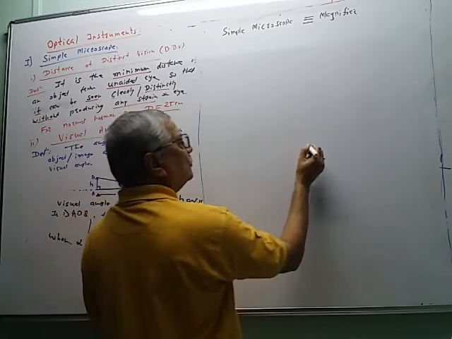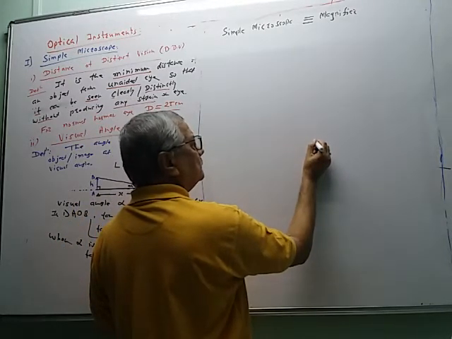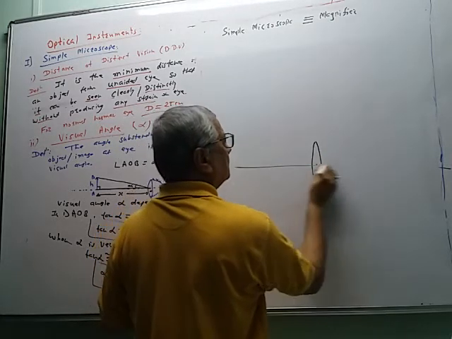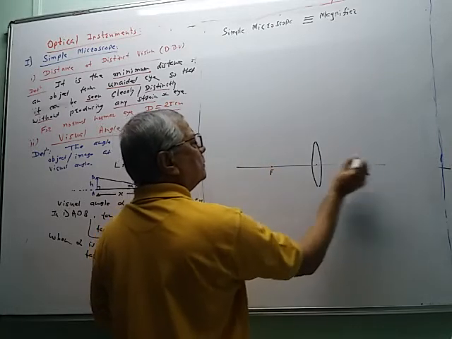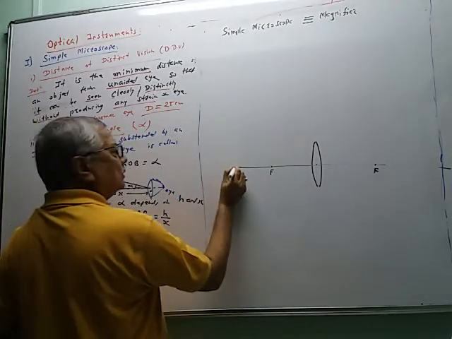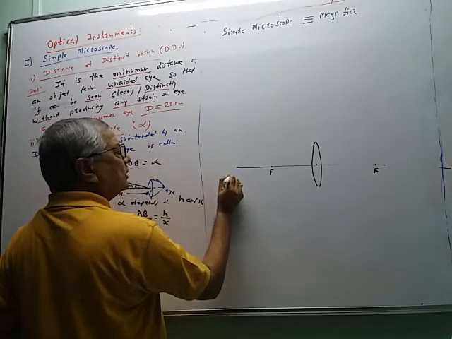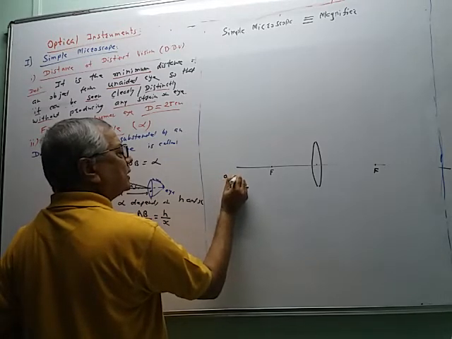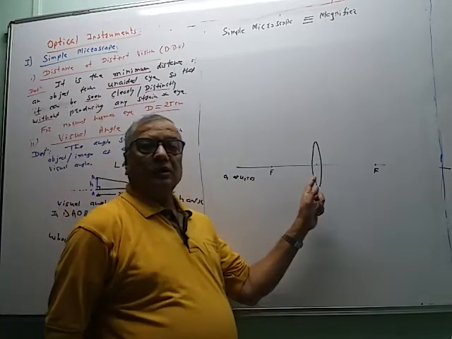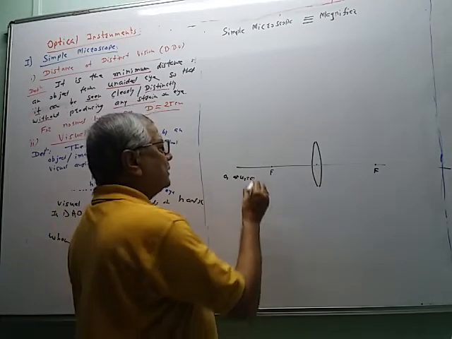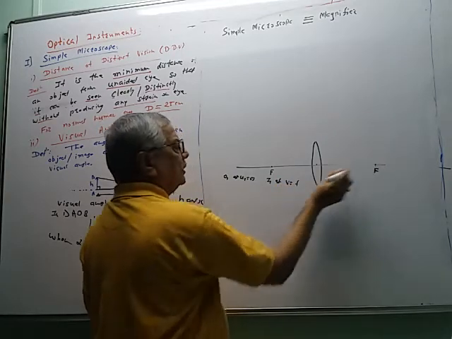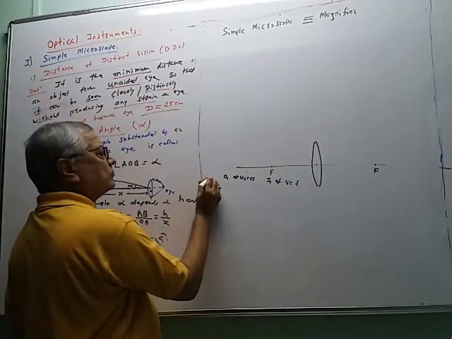So we know the image formation by the lens. Suppose this is a convex lens, this is the optic center, this is one focus on this side, and this is the other focus at the same distance on the other side. In the first case, the object is O1 and it is kept at U1 equal to infinity. When the object is at infinity, the image I1 is formed at V equal to F. Here we always keep the object on this side. So this is case number 1.